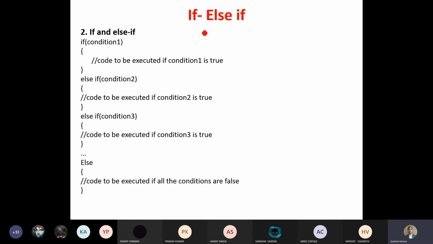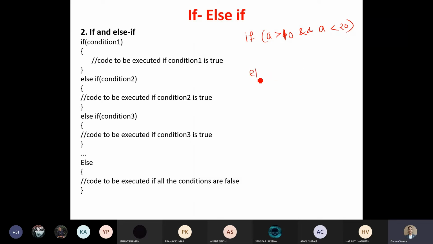Then with if, we have one more construct that is called if else if, which means if you have more than one condition on the same variable, then you can use if and else if, right? So for example, if A is greater than 10, and say A is less than 20.